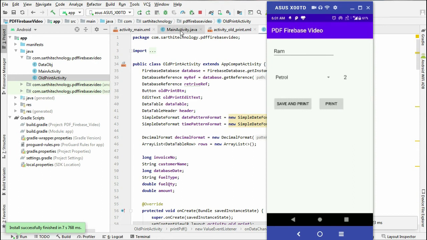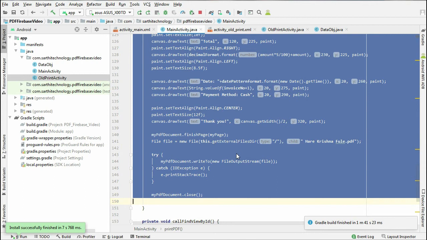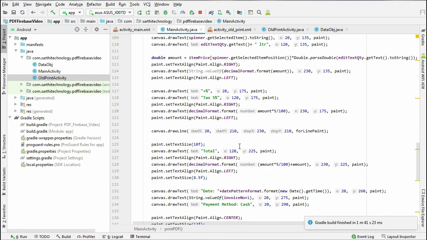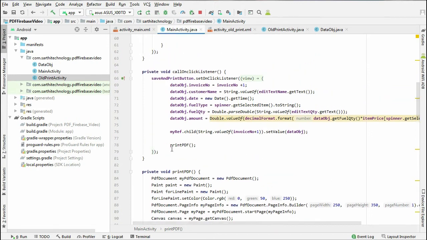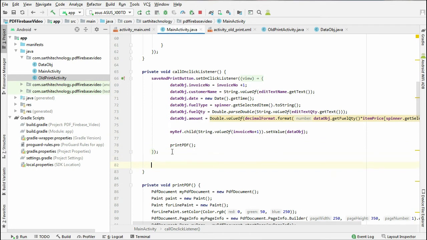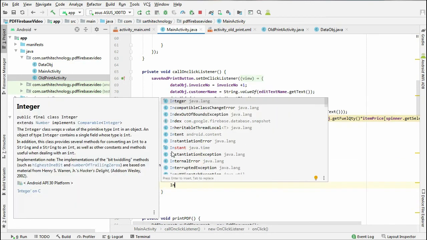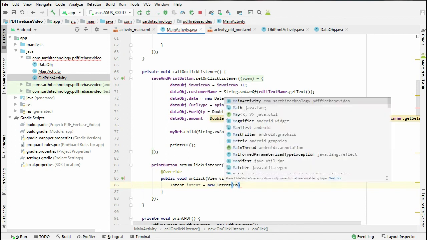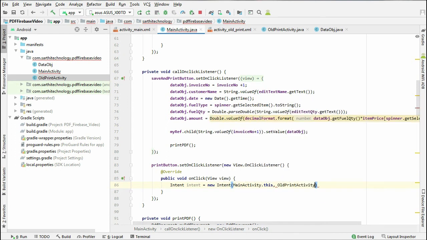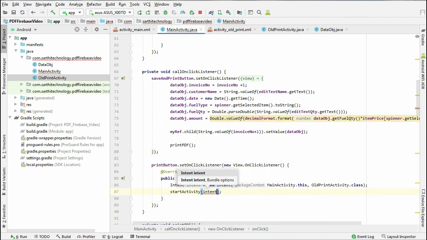So for that, in MainActivity, here we need to create an intent object, and we will do that here. Intent. Again let's try to run.